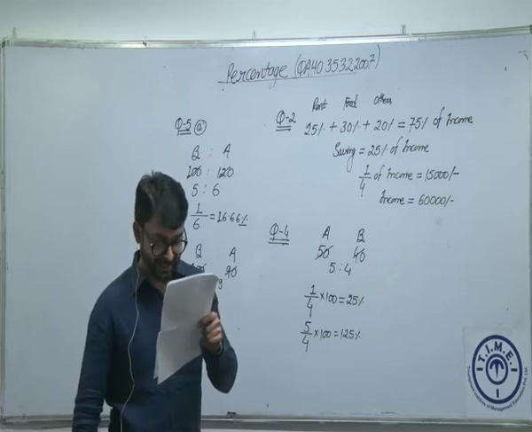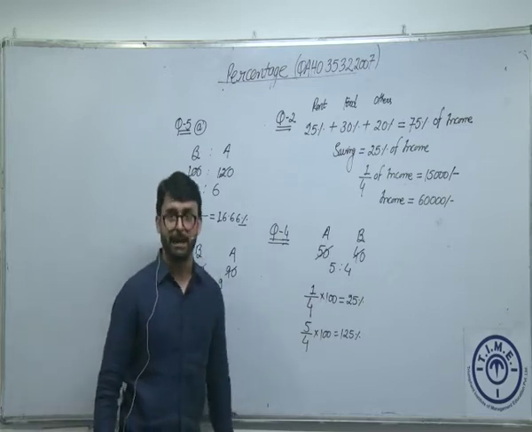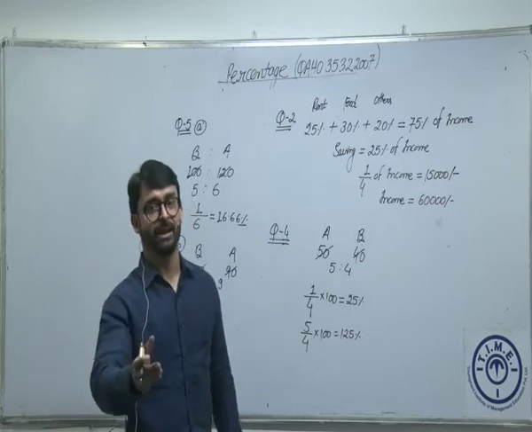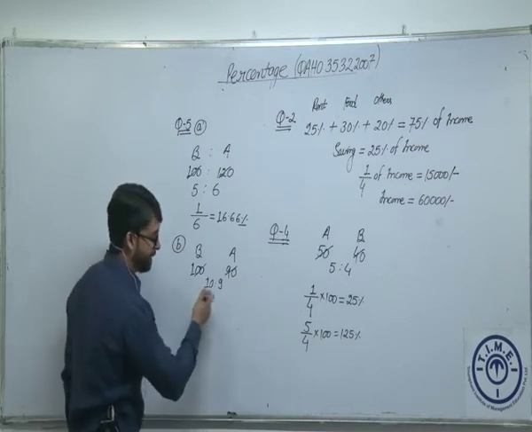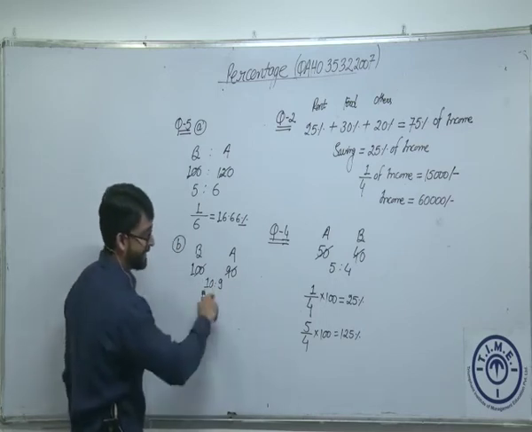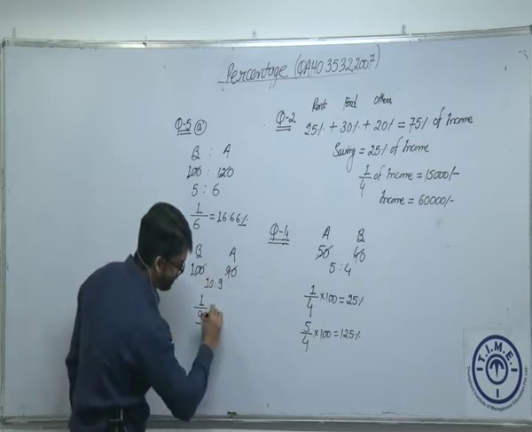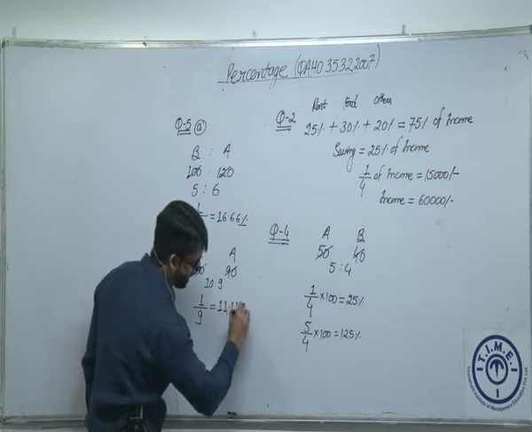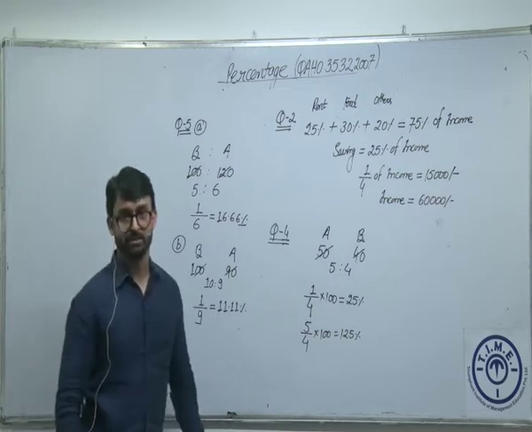The question is, by what percentage is B's salary greater than that of A? B का salary A के salary से कितना % ज़्यादा है? ज़्यादा तो है, obviously दिख रहा है. कितना ज्यादा है? किससे ज्यादा है? पहले तो बताओ कितना ज्यादा है? 1 ज्यादा है. किससे ज्यादा है? A से ज्यादा है, which is 1/9. We know what is 1/9? 11.11%. I hope this is making sense now.